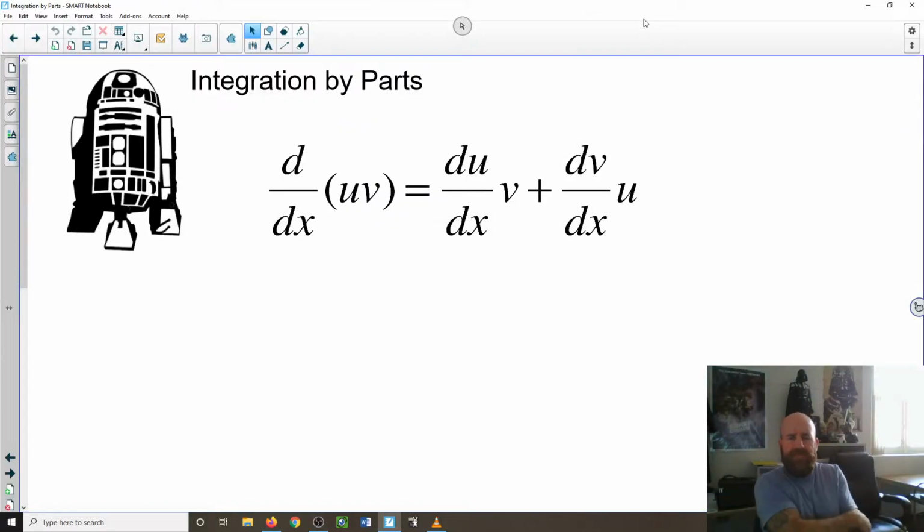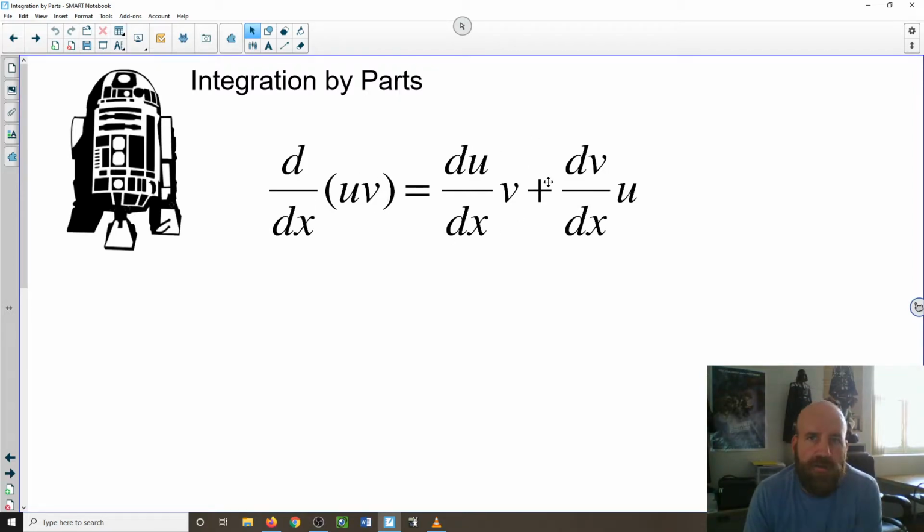All right, so time to take a look at our next topic for the unit. We're looking at integration by parts. So before I get into what integration by parts is and what the formula is, we're going to talk about where it comes from. So if you were to take the derivative of a product of two functions, we know